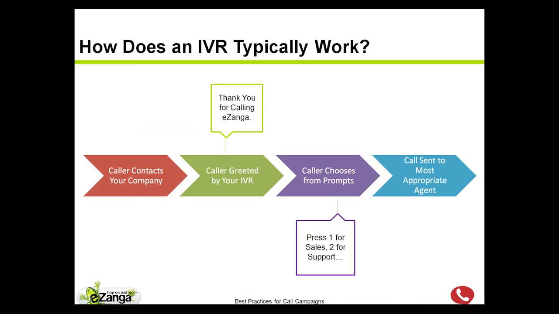The reason we look at this is that when a caller contacts your company and is greeted by an IVR, we usually give them a quick prompt. That quick prompt is really just asking a series of questions to qualify the call. We can send them on to the most appropriate agent, maybe an agent that has higher conversions, and we can provide them with another number if they're not a good fit. That's important too, because we still want to give people a good user experience.